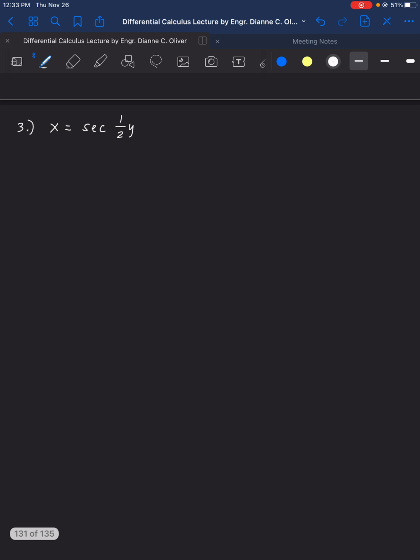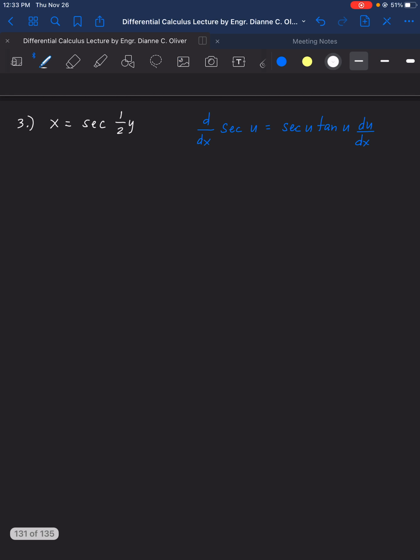Next is example number 3. So find the derivative of secant of 1/2 y. So again, we will use the pattern presented above. So we have there derivative of secant u is equal to secant u tangent u, and then derivative of the u. So we have there from the problem, u is equal to 1/2 y. The derivative of this one is 1/2. So that our dx becomes,